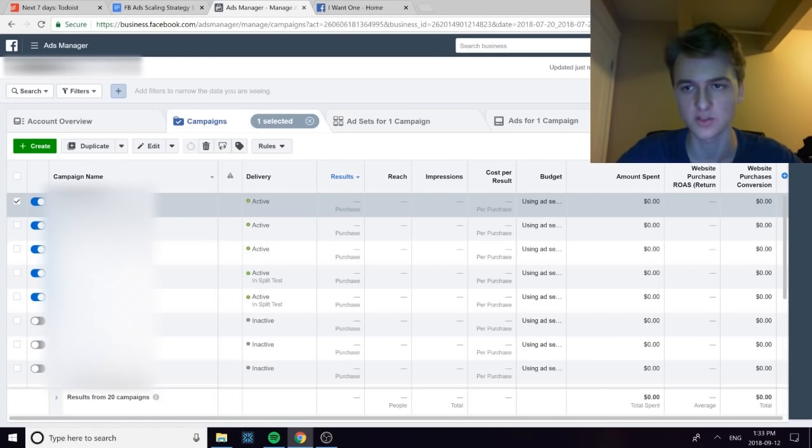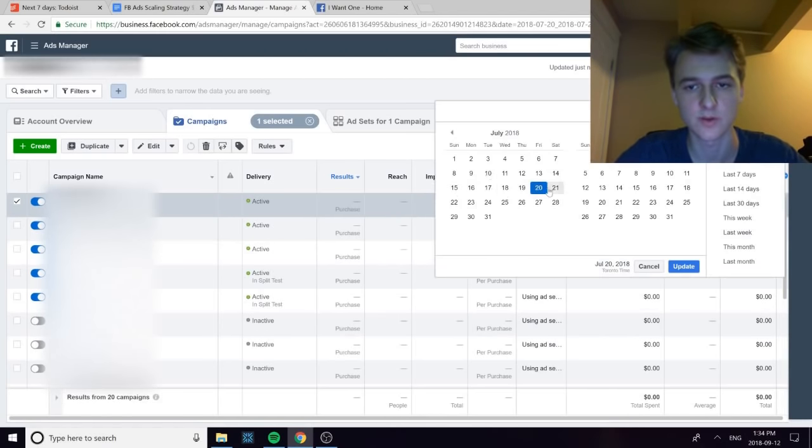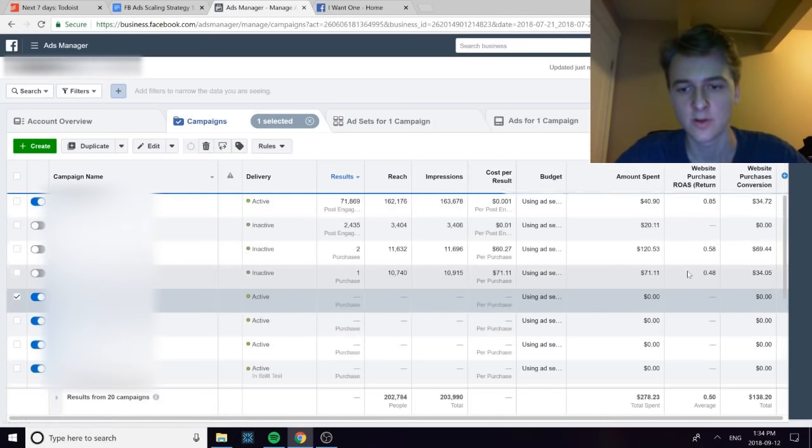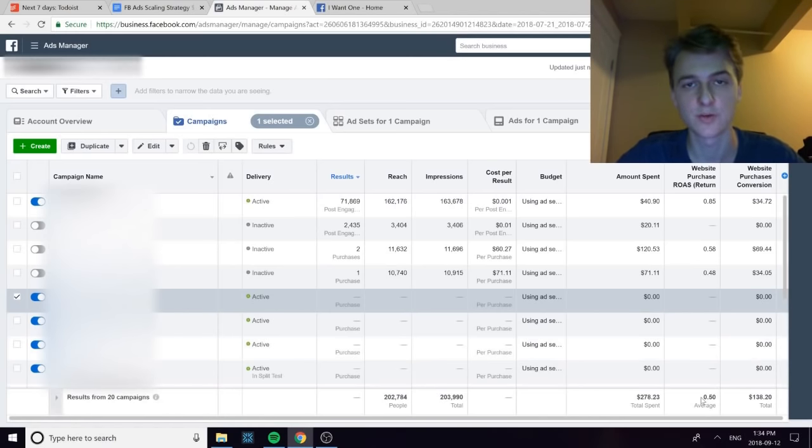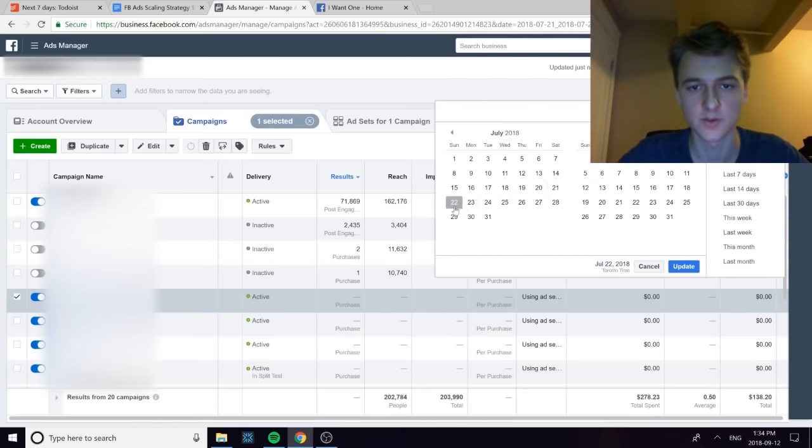So July 20th, this was before we even started, so as you can see, $0 spent. And then if I go to July 21st, this was the first day of ad spend on Facebook. So you can see $200 spent, $300 spent, and the return on ad spend was quite underwhelming, 0.5. So we were actually losing money at this point, but that's pretty normal when you're just starting out and testing products. So the 22nd,